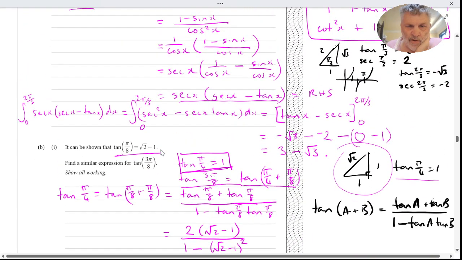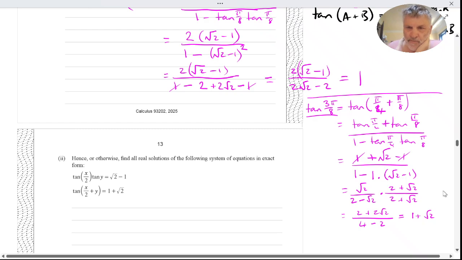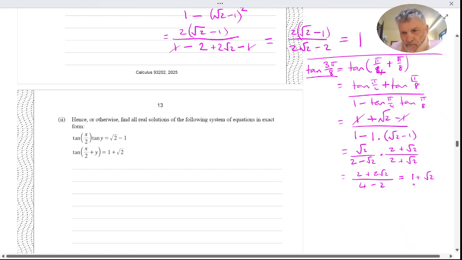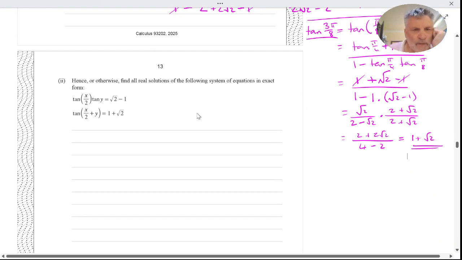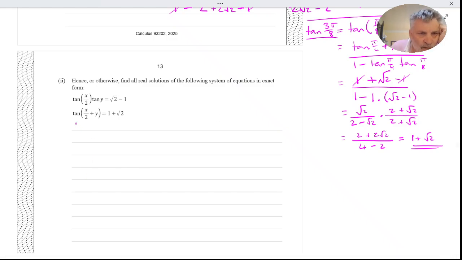So we've got root 2 minus 1, and we've got root 2 plus 1. That's our final answer to that part. And then it says, hence or otherwise, find all real solutions of the following systems of equations in exact form. So this second one has the tangent of two angles that are added together, so we could use the same rule to expand that out, and we get